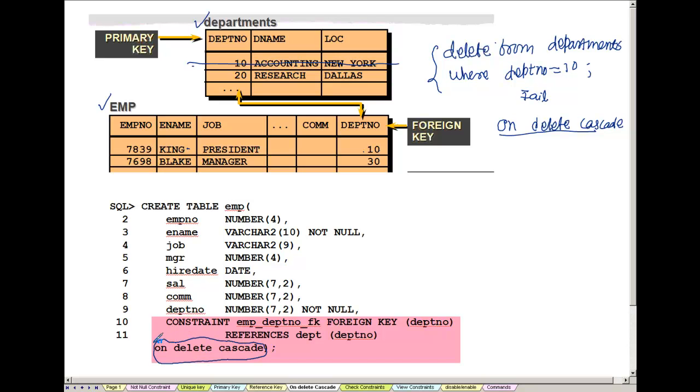So when I do that, what is going to happen is that whenever I delete, it is going to delete this row, and also it is going to delete all the employees whose department is 10. That is the reason for the name cascade. Cascade means first delete the child